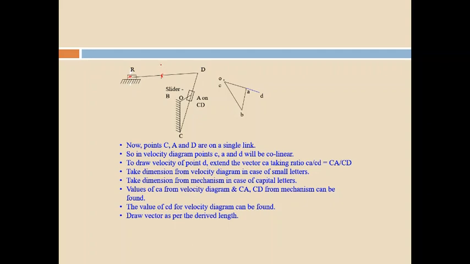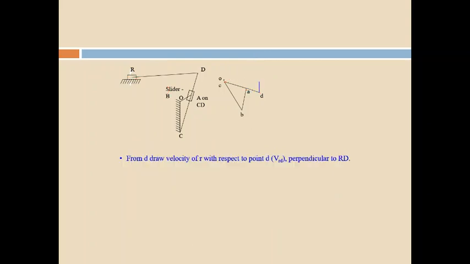So, for this link RD, I have to draw a vertical line like this, from D. At the same time the piston is sliding on the fixed link in parallel. I will draw a parallel line for the piston. This is a fixed point. So this parallel line and this vertical line meet at R. So now the velocity diagram is over.